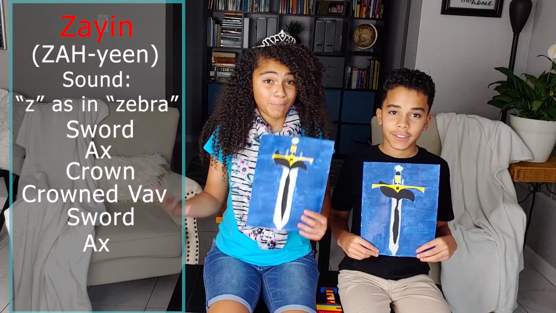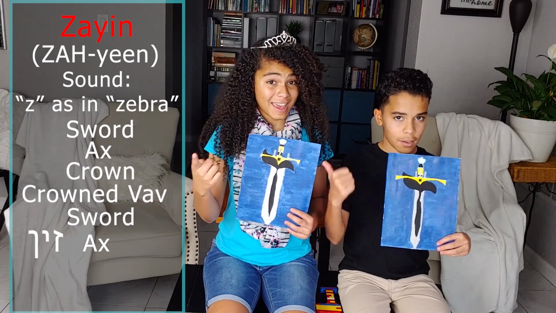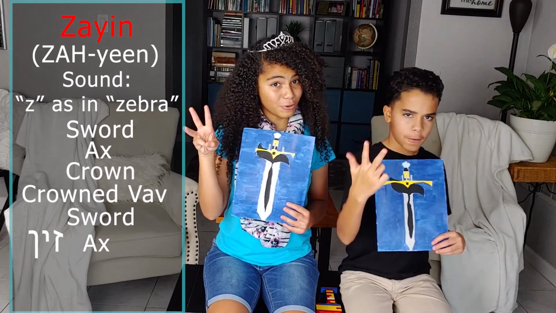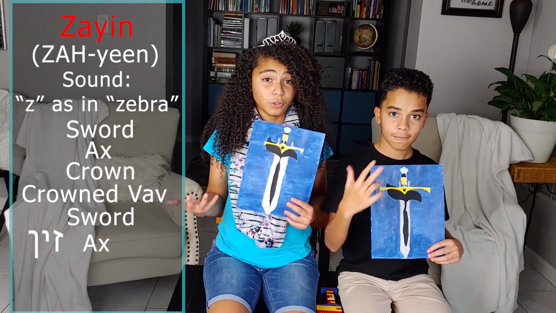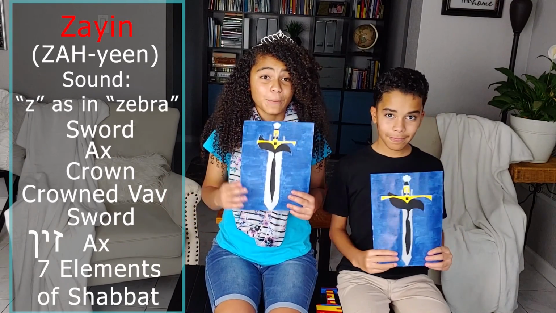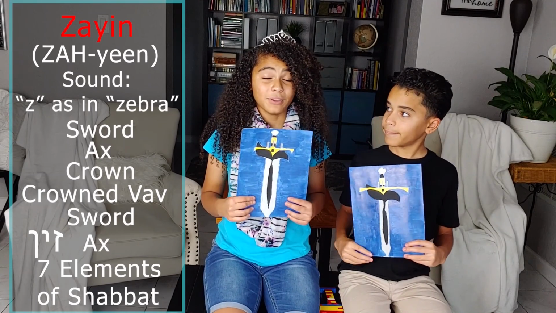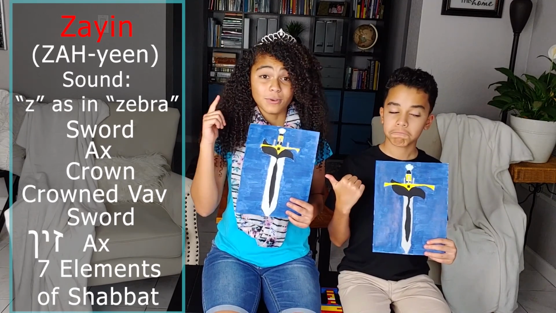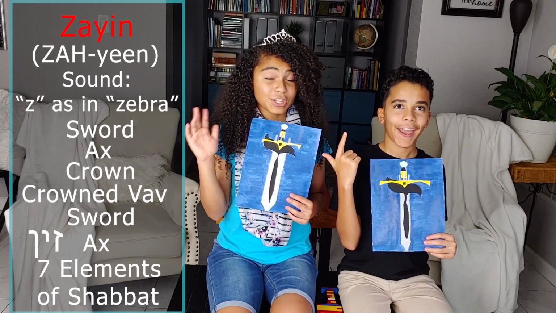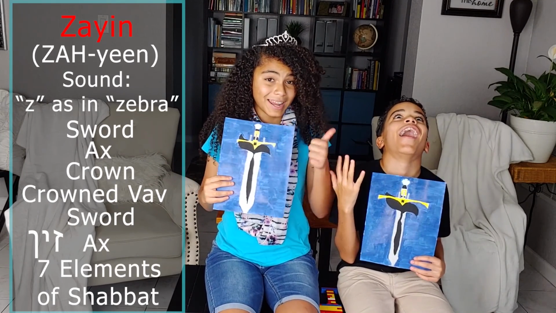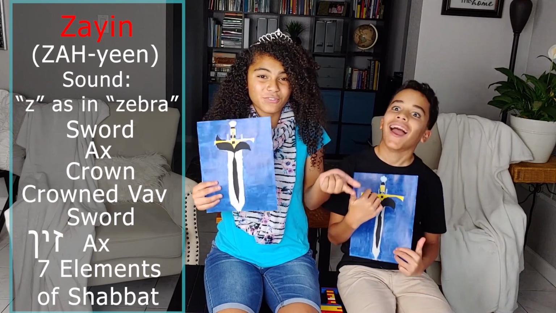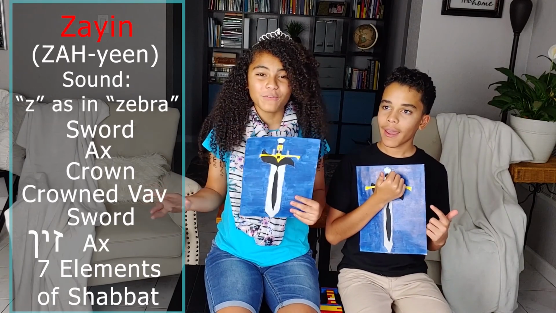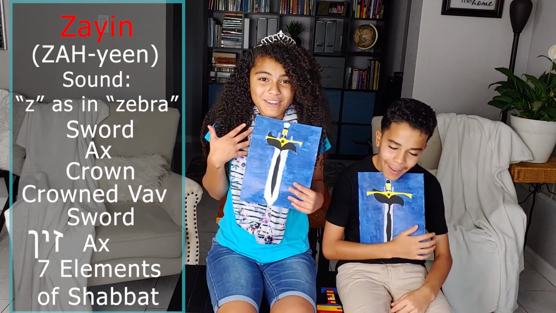You've learned how to spell Zayin, which is Zayin, Yud, and Nun. You've also learned about the 7 elements of Shabbat and how we drink wine or grape juice, you eat challah bread, about the fish and the meat and the soup and lighting the candles, and how we're supposed to rest and reign and enjoy all of the provisions that God has given us.